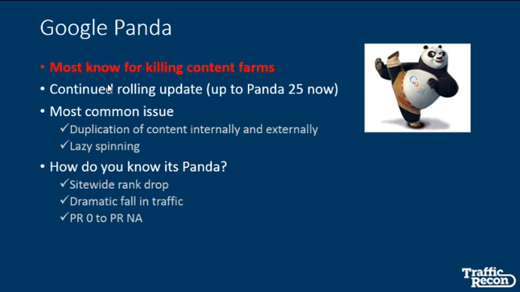Now, the most common issue with Panda, and the one that most people tend to run into, is duplication of content, both internally and externally. This is super important, and I think a lot of people don't realize that they're even doing it. If you're taking in an affiliate feed from Amazon or some other site, and you're just taking that feed and dumping it into Drupal or WordPress or some other system, but you're not necessarily rewriting that content at all,